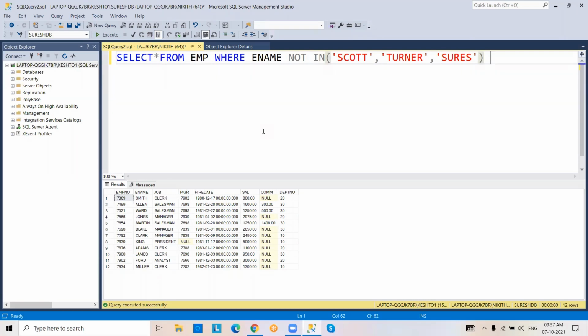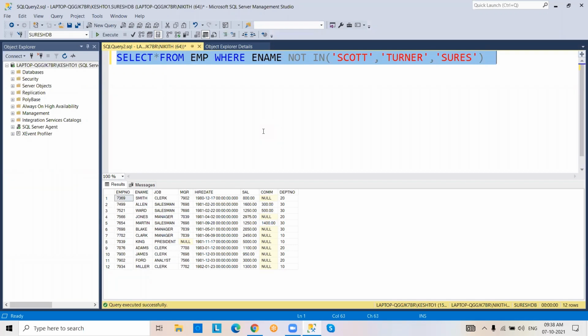That is the importance of the IN operator. You can work with multiple values in the same condition. Otherwise, if you want to check with multiple values, you have to write lengthy conditions, and you are going to face a lot of performance issues. That's why whenever you want to check with multiple values, it's better to go for the IN operator.